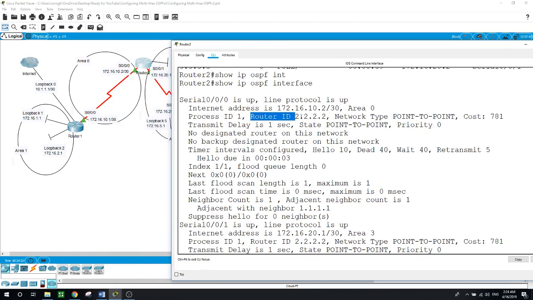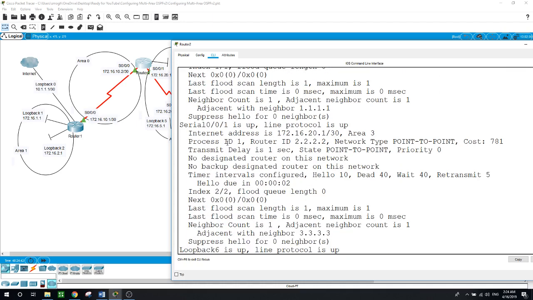And the router ID is 2.2.2.2. The type is point-to-point. The cost is 781. Priority 0. And for the other serial interface facing router 3, this is the process ID, the internet address